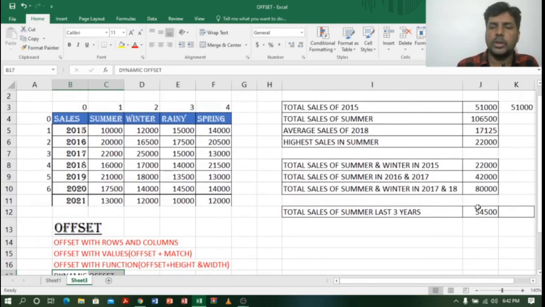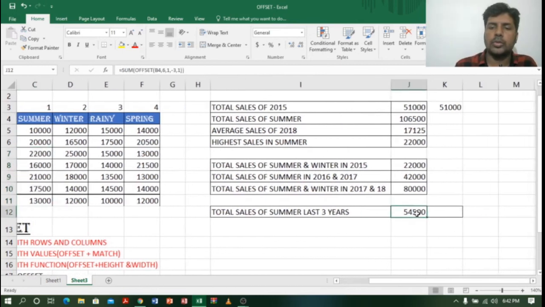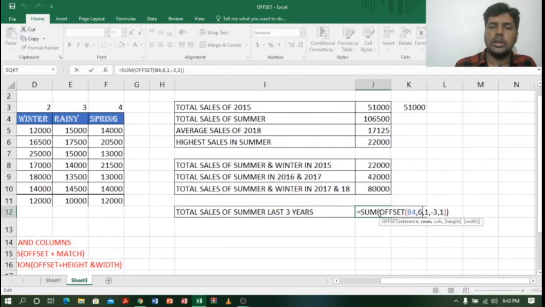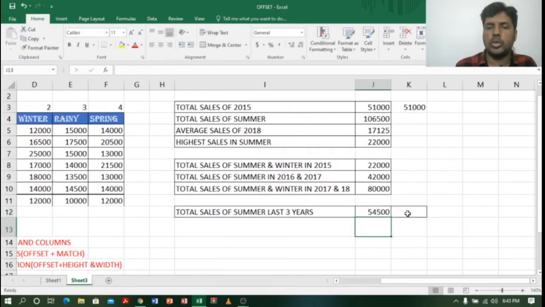Instead of saying 6, when we were entering the formula, the row was 6, right? But now it should count from 7, right? So we can use a count formula. Where we are using row number 6, in place of row number 6, we can implement count. When I implement count, whenever there are changes, it will change automatically. So let me show you. Okay, let it be like this only. I will do a dynamic formula here.